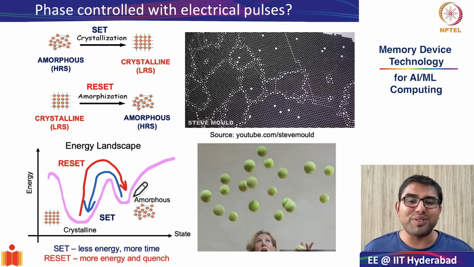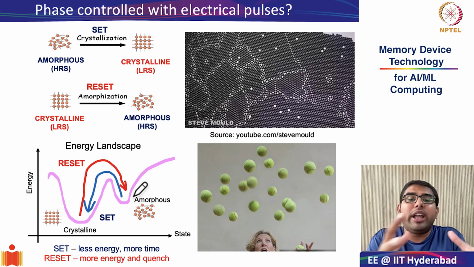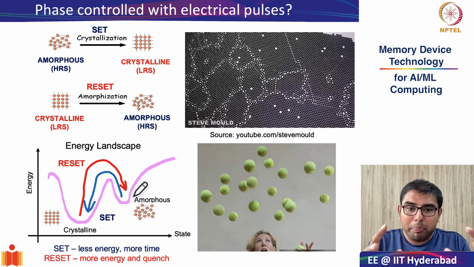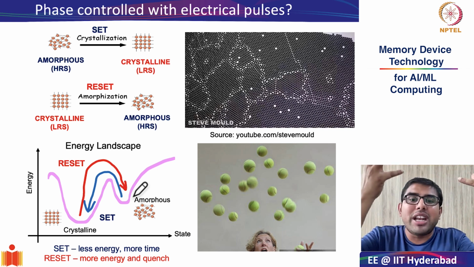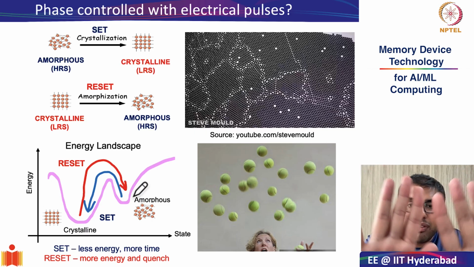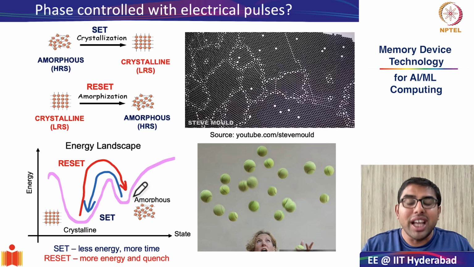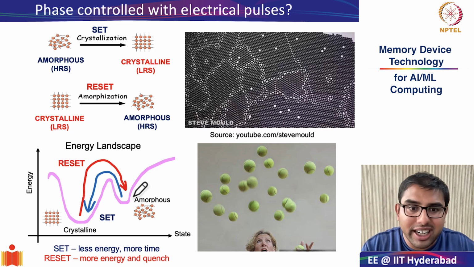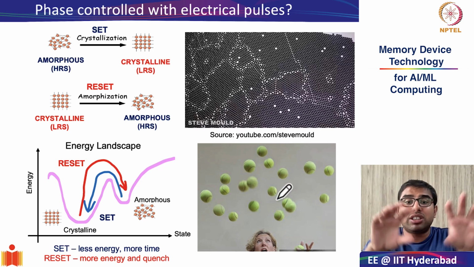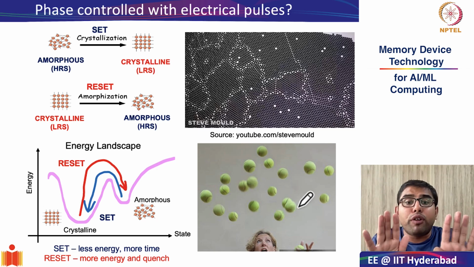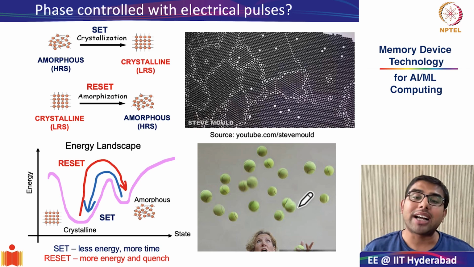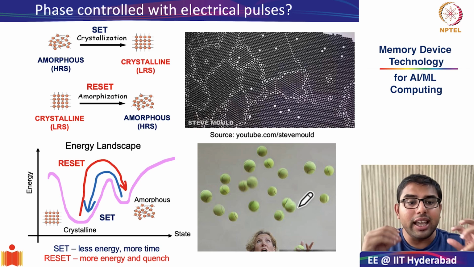And to give an intuition of that, just imagine that this lady was holding a lot of tennis balls in a crystalline packing. They were all packed very well together. She suddenly gave a jolt to it by flinging them in air. And now what I have done is, I have created a snapshot after giving this jolt. I have removed that energy, I have frozen it. So what will happen is, earlier what was in a crystalline or ordered manner, because of this jolt, what has happened is it has become disordered, and therefore if you freeze the frame now, it will go back to its amorphous state. So this is the understanding.